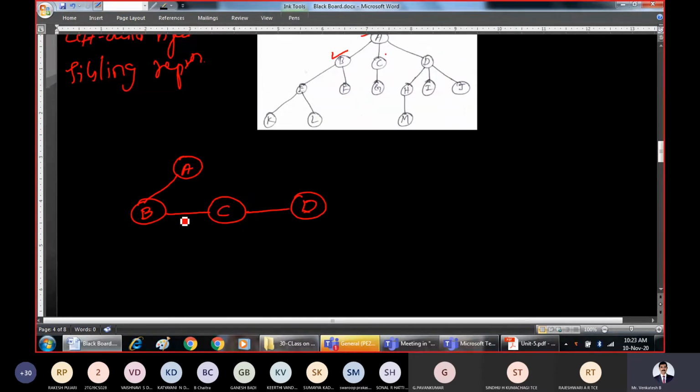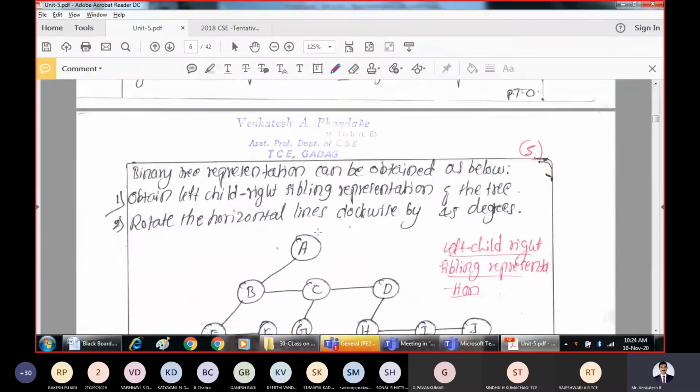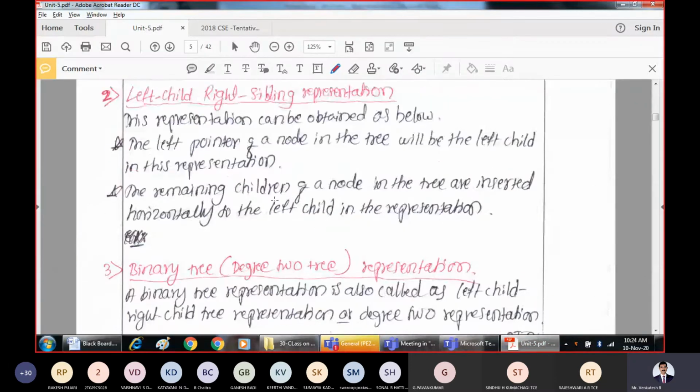Now coming to B. How many children does it have? E and F. So write the left child E as it is. Then represent F horizontally. The remaining children of a node in the tree are inserted horizontally to the left child in this representation.